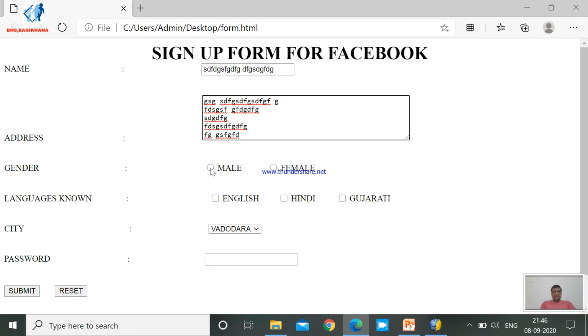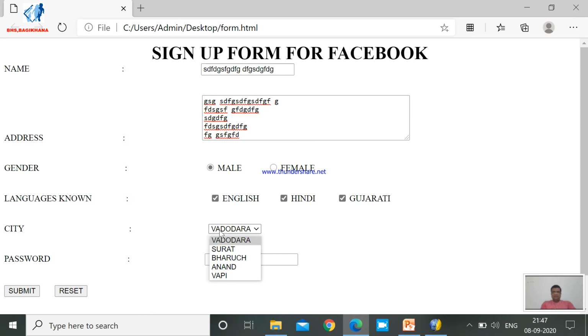Then gender is there, you can see only one you can select. As I have told you, this is the speciality of radio button, that you can select only one entity at a time. So this is the speciality, right? Then next you can see languages known. It may vary from person to person. I have selected these three and then city.